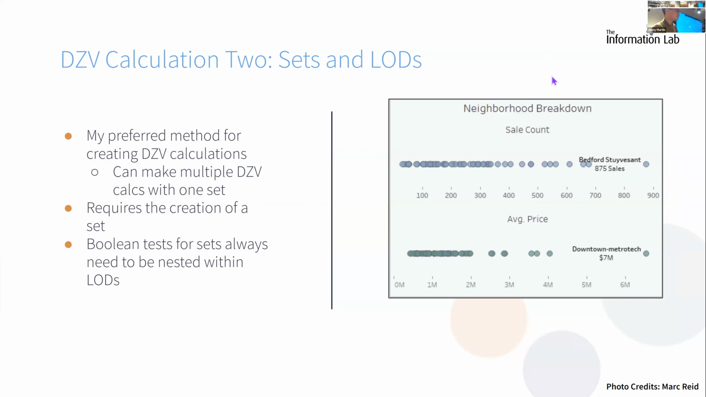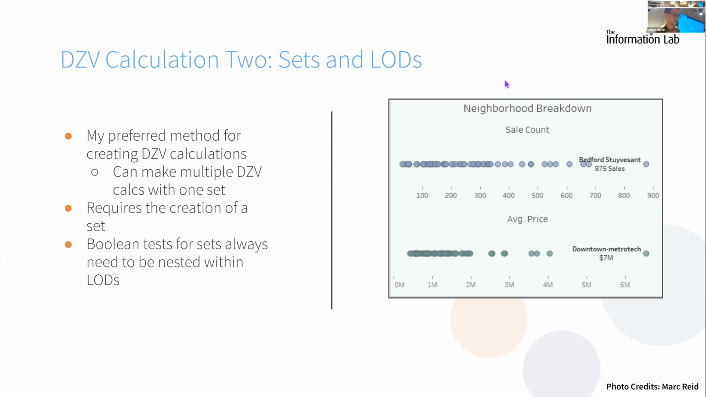The rest of them are a little bit more complex. I found that I tested so many different LODs sometimes to get some of these things to work. And Mark Reed had talked about the same stuff in his blog as well, that it's weird because sometimes LODs just don't work. So I found that my preferred method for making any other DZV calc that doesn't rely on a parameter is using sets and LODs. The one good thing about the sets is you can make multiple of those calculations with one set. And then from there, you're usually just nesting those sets within an LOD,